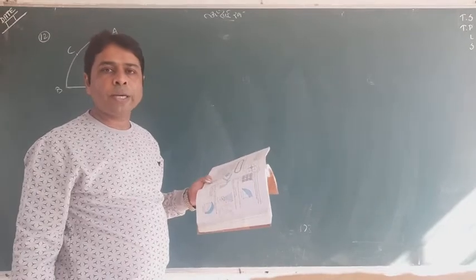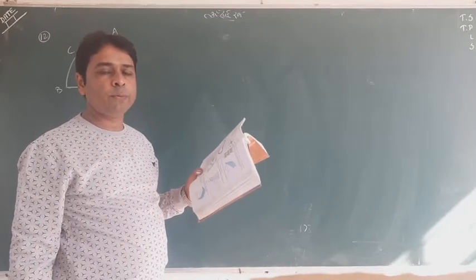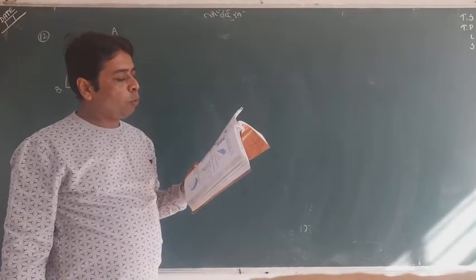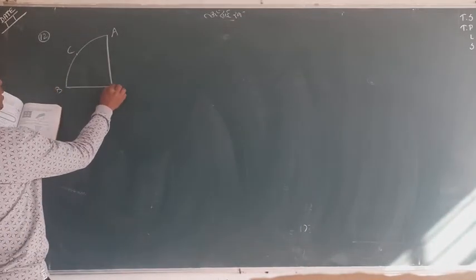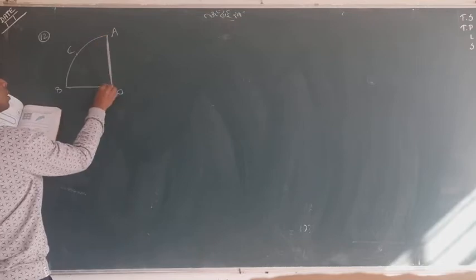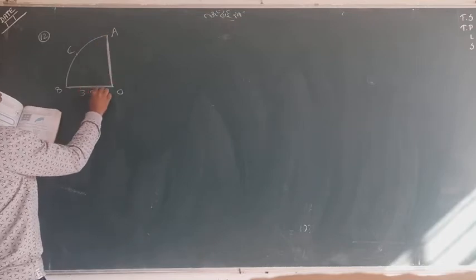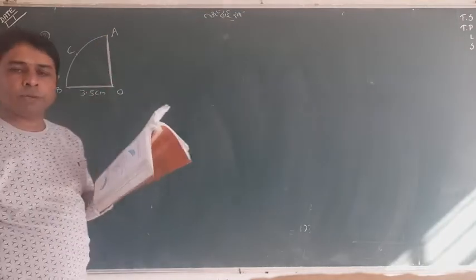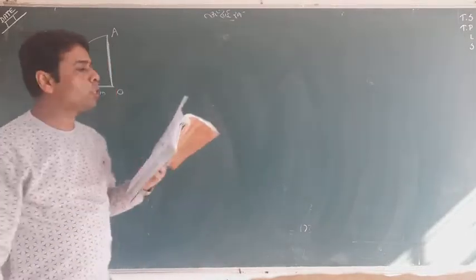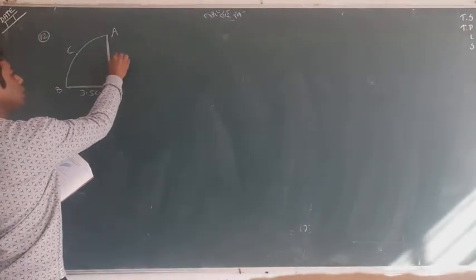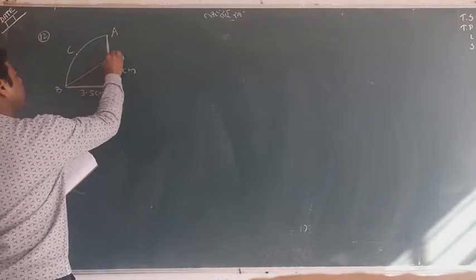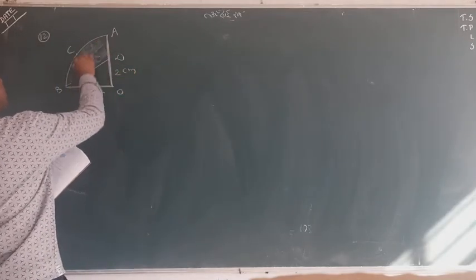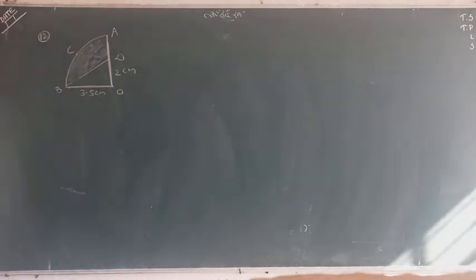of quadrant is pi r square upon 4. We already have seen it. OACB is a quadrant of a circle with center O and radius 3.5. Radius 3.5 meaning this is 3.5 as well as this is 3.5. This is, suppose, 3.5, the radius of the quadrant, and again OD is 2 centimeters. This is D. OD is 2 centimeters, and this is already joined, and we want to find this area. This area. So I don't want to see anything more in the book.